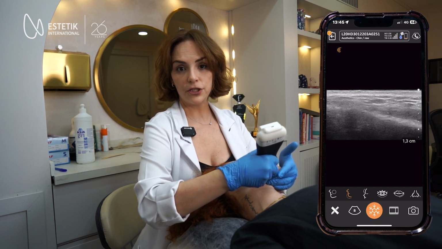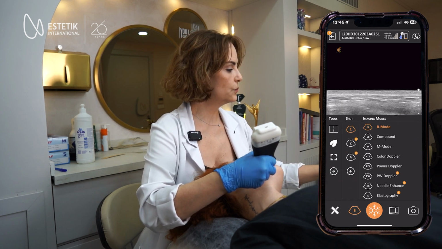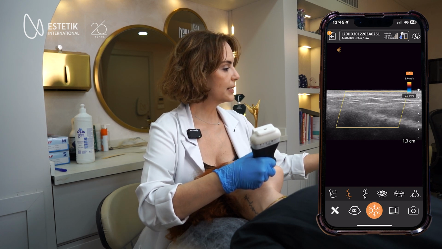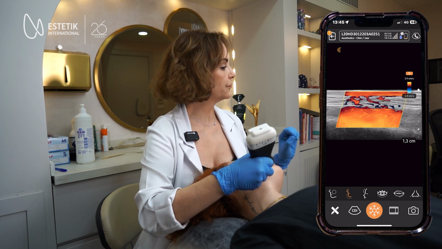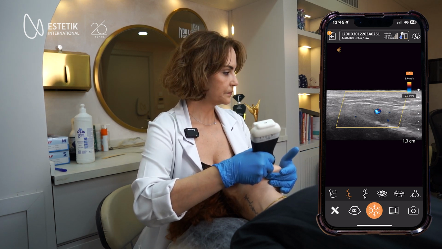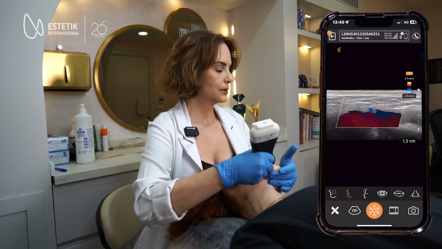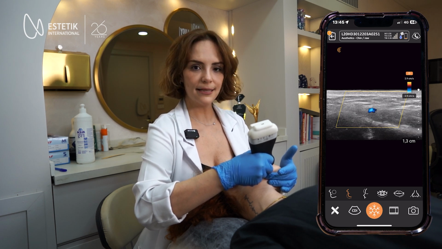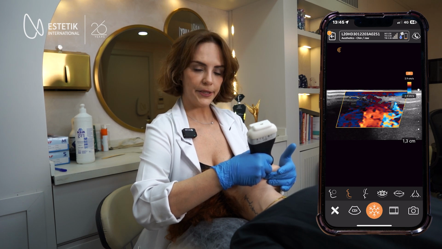You can find the facial artery and vein. In order to use the ultrasound to see them better, we change from the beam mode to the color Doppler mode. You can fix the box here the way you want, the area that you want it to focus on. And with your scanner, you can find the vessel. Normally the arteries are not collapsible, and the veins, when you push against them, collapse. So there you go, facial artery.